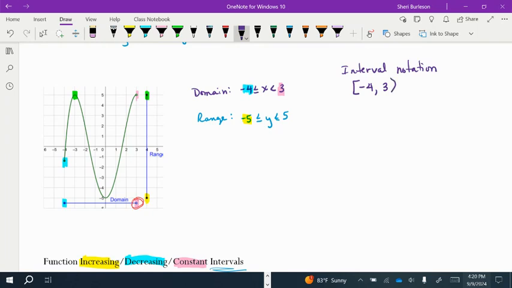But +3 is not equal to. So I use a parenthesis. For the range, both end values were equal to, so my lower boundary is -5 and my upper boundary is +5, and the range does include +5. So interval notation is a much more compact way to write